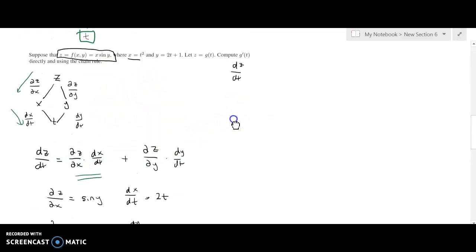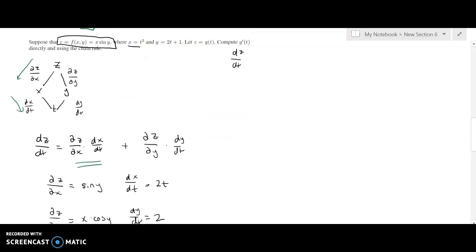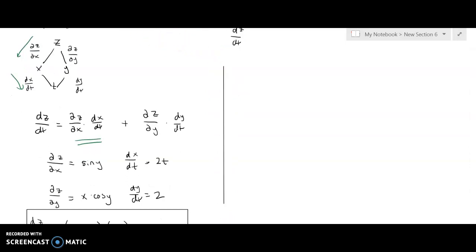So let's go ahead and do that. What we're going to get, and I'm going to do this off to the side here, is this directly. Okay, so because I know z is equal to x times sine of y,